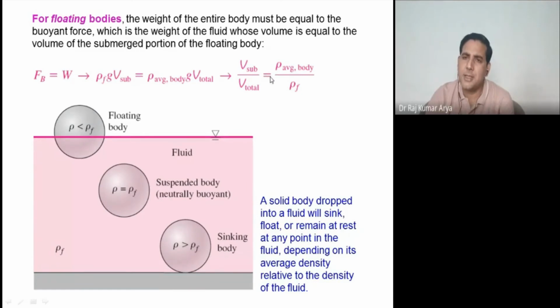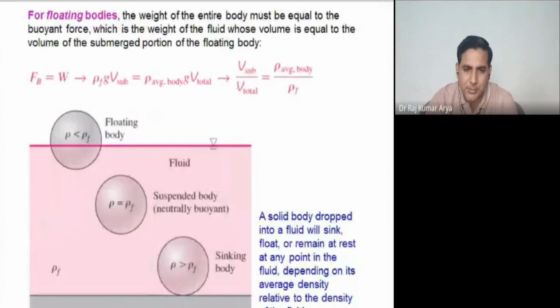So from here you can calculate, because density of object and density of fluid are already known to you. Volume of the object is also known to you, how much is the total volume of a particular body which you are putting. Just like a ship, you know the entire volume. Just like your own body, you know the entire volume. The only thing you want to calculate is how much portion of your body or your ship or the object would sink. So this you will calculate from here only. That is the volume submerged.